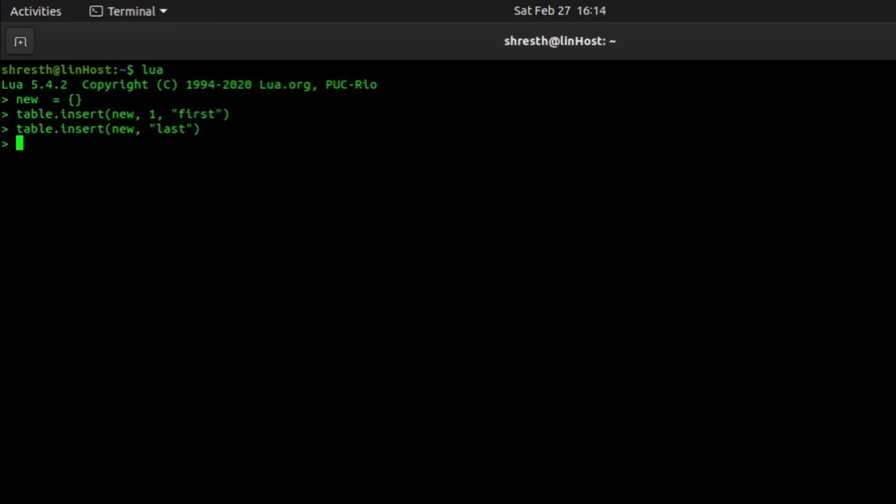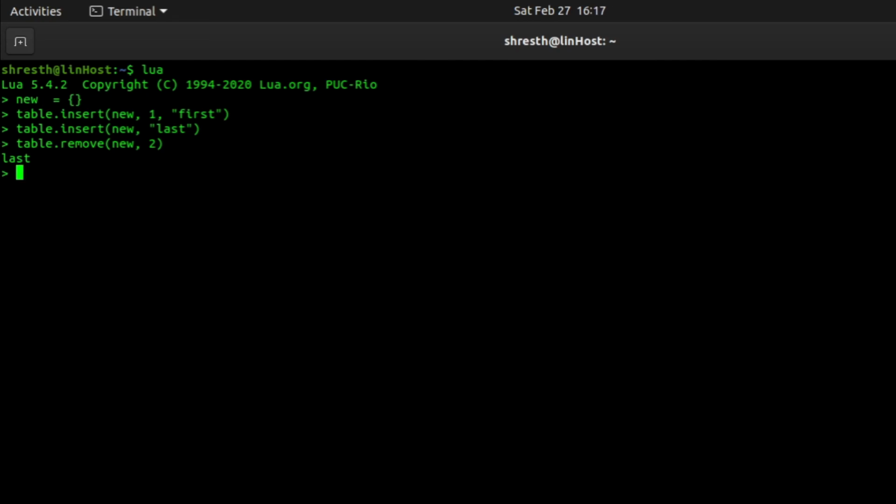Now if I want to remove some element, I will say table.remove, give the table name, and then the position, which is 2. What this will do is remove the second element from this table new and return the value of that removed element. Here we get last, so that means the second element from this table is removed.